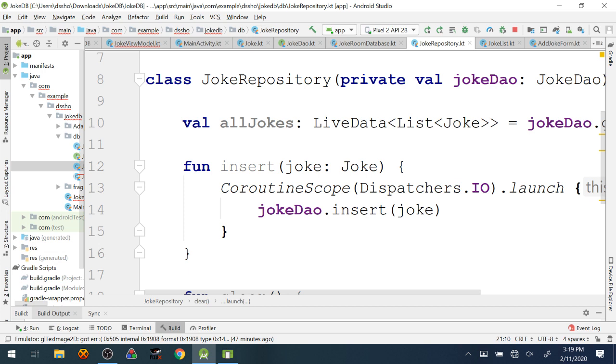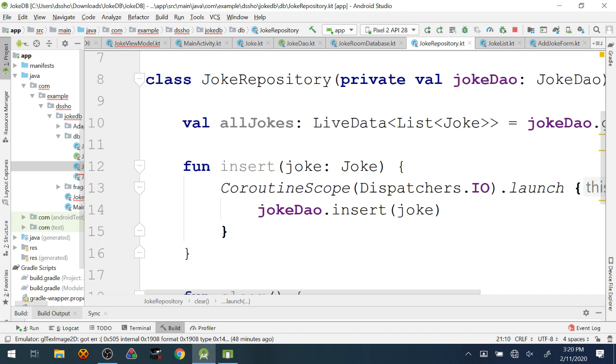And the view model is even higher up than that, right? The view model says, I don't even care if it's a database or not. I don't know where this data came from, right? Just give me this data. I don't know where the jokes are. It could be in a database, it could be an API, I don't know where it is. Just give me some jokes so that I can put them on the screen. That's kind of how the view model sees the world.